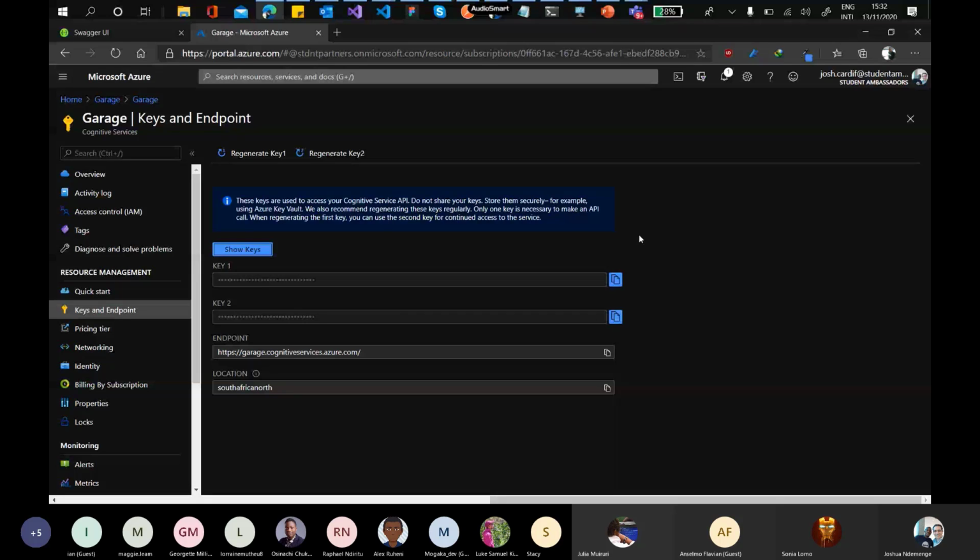cognitive services endpoints. Just to mention, some services are not available in all regions. For example, I created this resource in South Africa North. That's the region that I selected. But I realized something like form recognizer isn't available in South Africa North. So depending on the service you're looking for, I would encourage you to first check whether the service is available in that particular region. If it's not available, you check which other region it is available in,